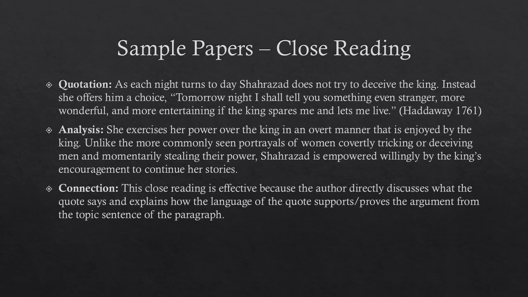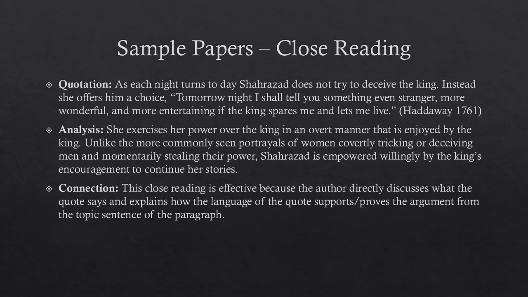So the thesis of the paper is, the word patriarchy means male-dominated society, so the thesis is 1001 Nights challenges patriarchy because Scheherazade is powerful, intelligent, and heroic. This paragraph deals with power. So the first sentence of this paragraph is just Scheherazade shows she's powerful by her power over the king. This quote explains it, and she says the quote shows how Scheherazade is powerful over the king. So with that explanation, you have it complete.